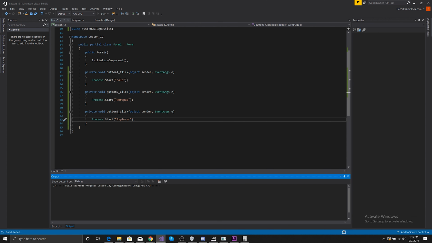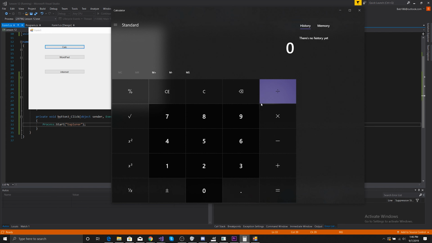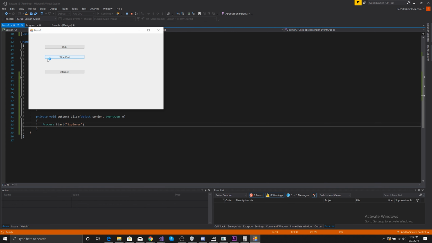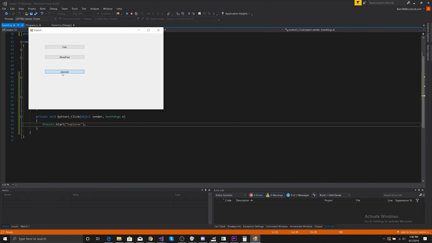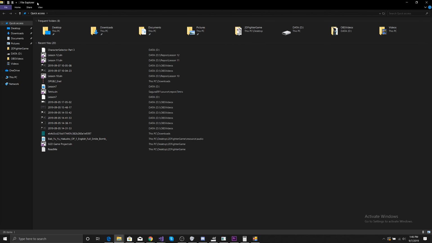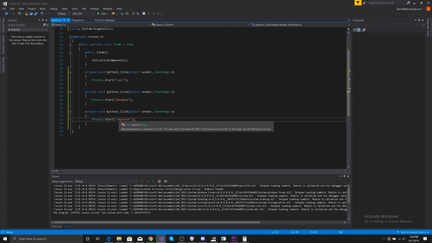If we decide to hit calculator, boom, the calculator shows up. Look at that. Look how cool that is. If we hit WordPad, WordPad shows up. And then if we hit Explorer, our Explorer shows up. Not the Internet Explorer. So if we did Internet Explorer,